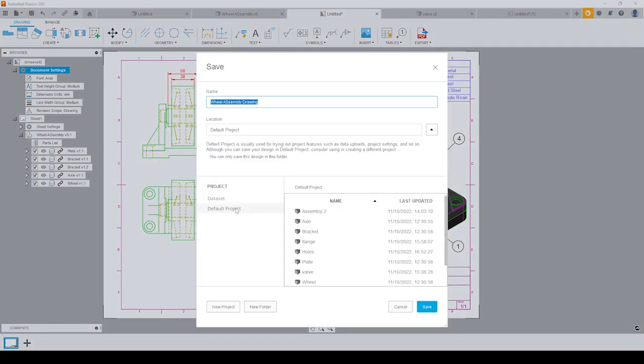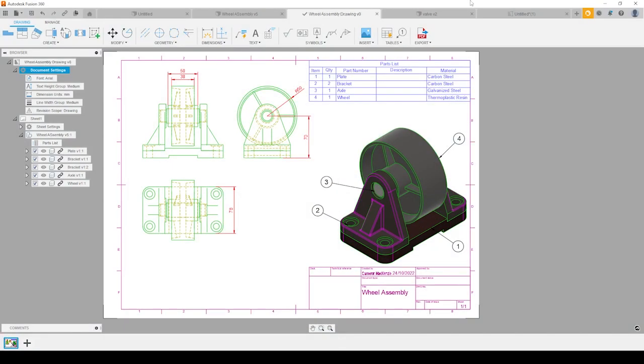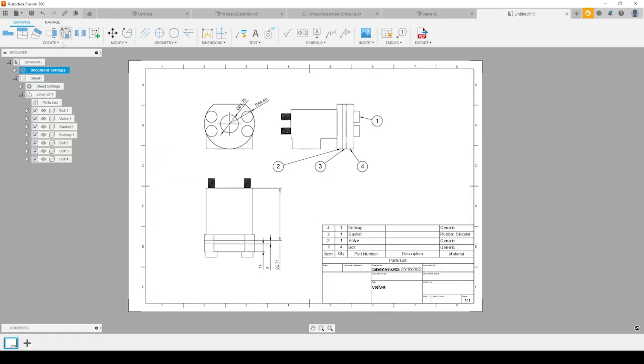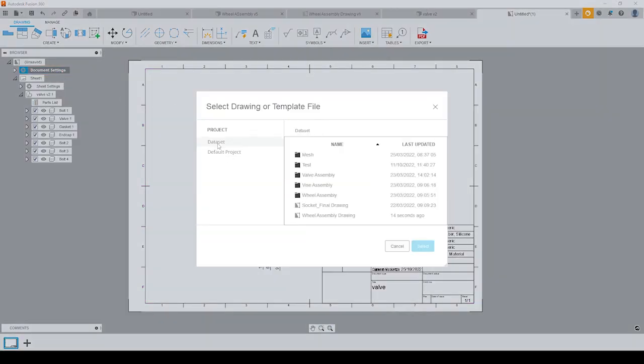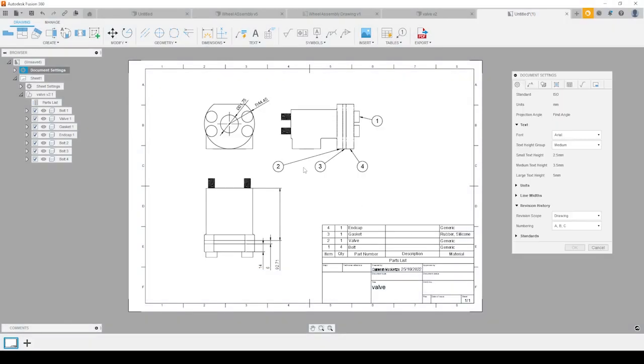into a logical location. Let's just go data set. At the top level of the data set, I'm just going to save this file there. And we can then come in and actually import the document from there. So if I go to data set, I've got my wheel assembly, select that,